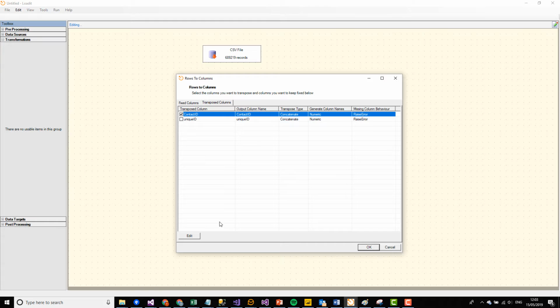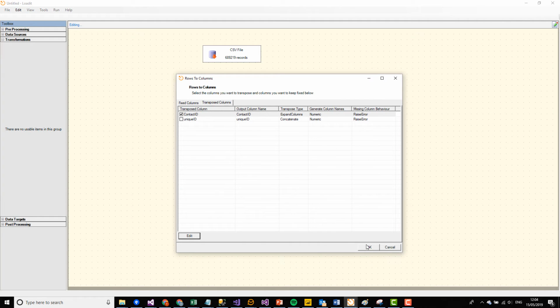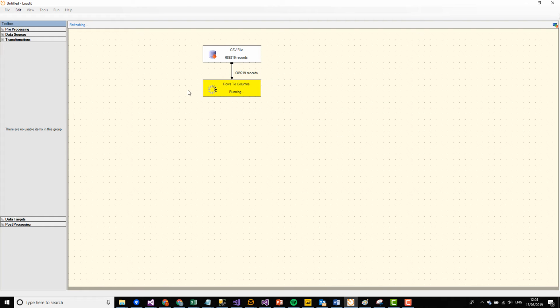And by default the behavior will be to concatenate the multiple values that it gets. So it'll actually flip it into a single column, and where there are multiple values it'll concatenate those together. In my case I'm trying to end up with multiple columns, so I can change the transpose type here to expand columns, and I'll leave the naming mechanism set to numeric, and we'll see what that does in a second. And that's it. So press OK, wait for a few seconds,